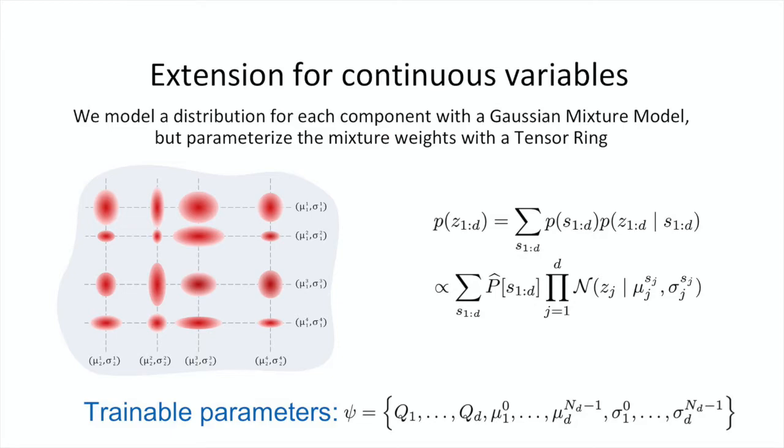We train a mixture of Gaussians with an exponential number of components placed in nodes of a high-dimensional grid. We store components' weights in the tensor ring format. Learnable parameters are the means and the variances of one-dimensional distributions and cores of the tensor ring in pipe C. In such representation, we can still compute marginal and conditional distributions and sample efficiently. We call this family of distributions a tensor ring-induced prior, or TRIP for short.